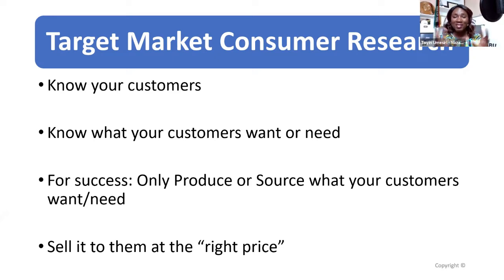You always want to sell to them at the right price, right? We know what that is like. As business people, there's always the right price. And for you to find the right price, you have to test. There's no magic number. The market tells you what it's ready to bear, right? The market is like the law of demand and supply. If there's a high demand for a product, what happens? Basic economics, people. When there's a high demand for a product, you can be more flexible in your price. When there's a low demand for a product, you cannot force, you cannot price compete.